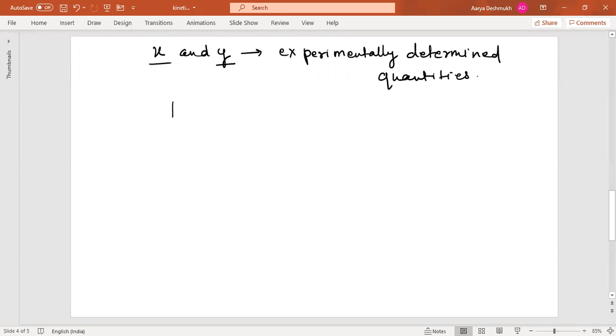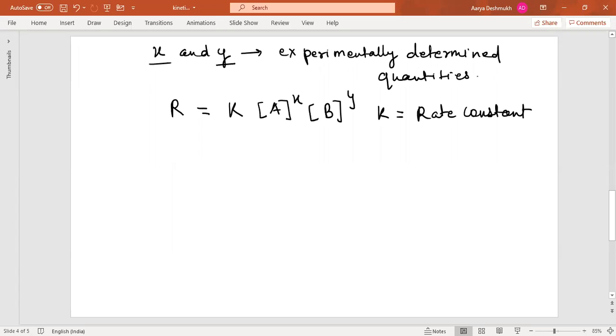Now, in short, if you remove the proportionality sign, R will be equal to K into concentration of A raised to X into concentration of B raised to Y, where K is the rate constant. So this is nothing but the rate constant. Now, what is this rate constant? This is the rate of reaction